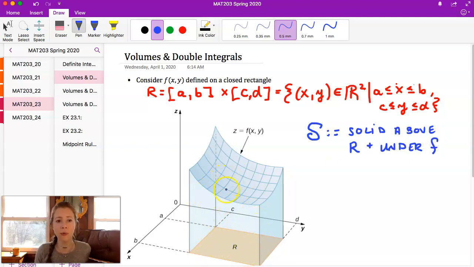Okay, so before, in single variable calculus, we were approximating an area under a curve. Now with double integration, we're approximating a volume underneath a surface. Okay, and so this light blue shaded region here is going to be our S, our solid. And so S is going to be